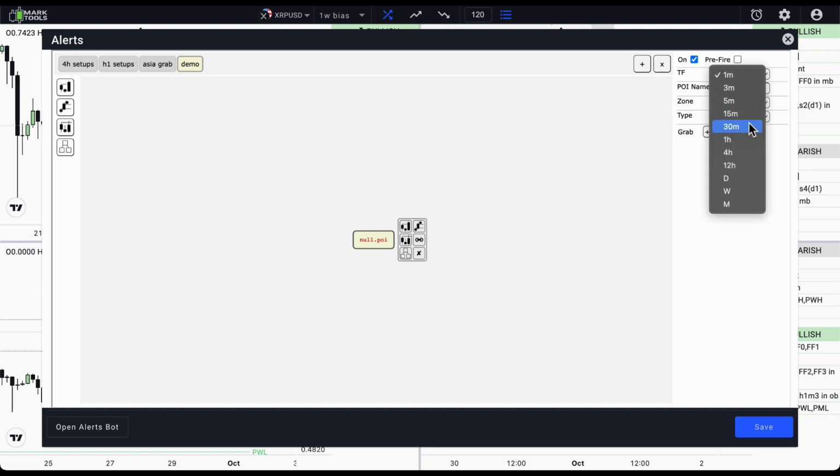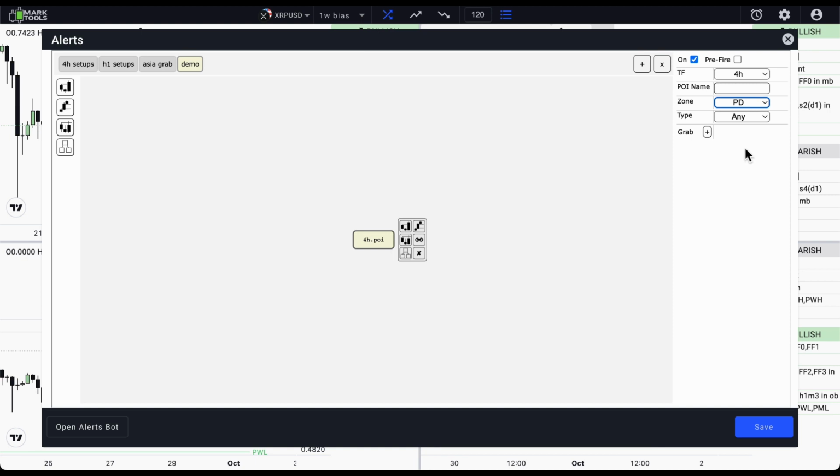For the field TF we are setting our POI timeframe. For the field zone I have to choose the PD value. PD value says that all children have to happen in the premium zone for a short POI and in the discount zone for a long POI. As far as other values go, the value test means the children have to happen after testing the BOS line. The value any says the price action has to reach either the premium/discount zone or test the BOS line. And the value none says it's not important where the current price action is building children formations.